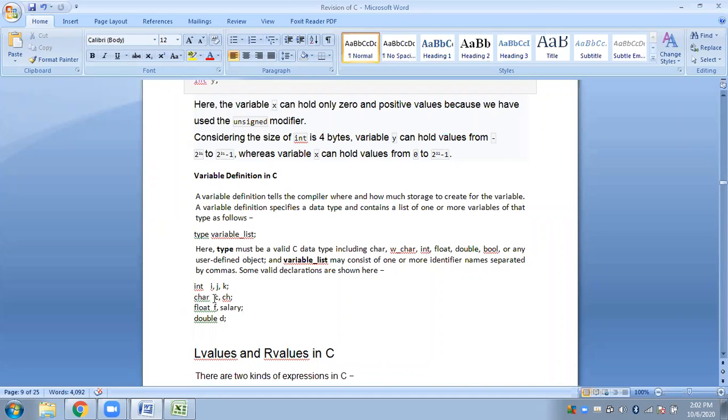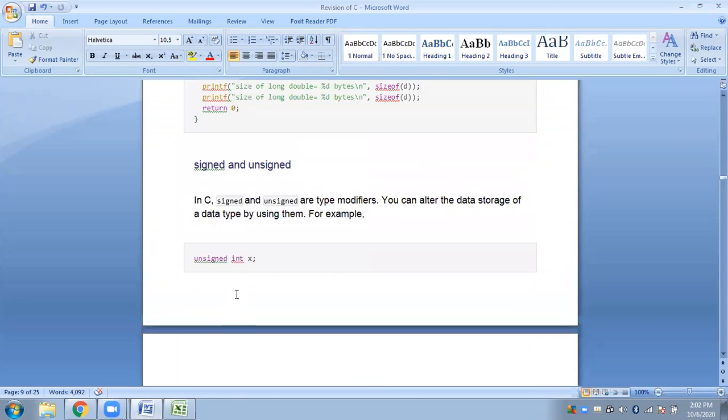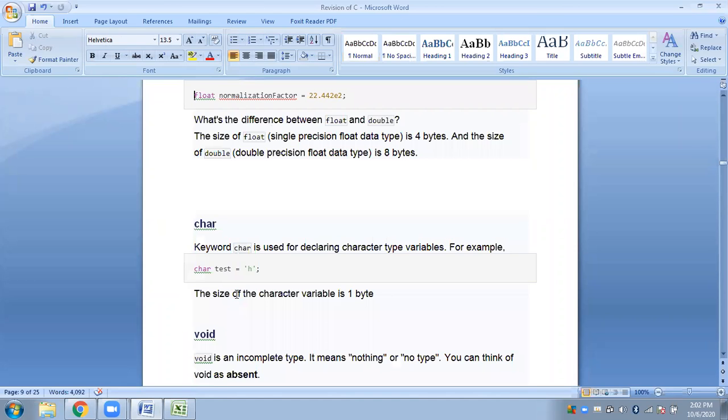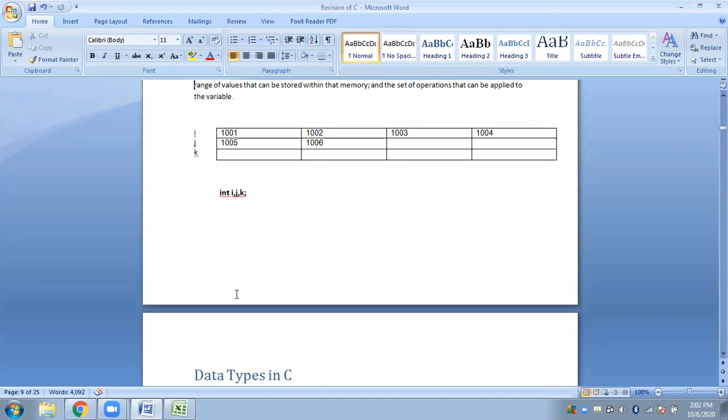That is all. So once this particular statement is executed, if you go back to the previous diagram here, let me just rub it off. Let me just show it here. So character C, comma CH.